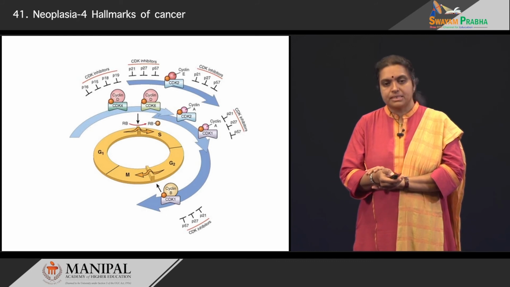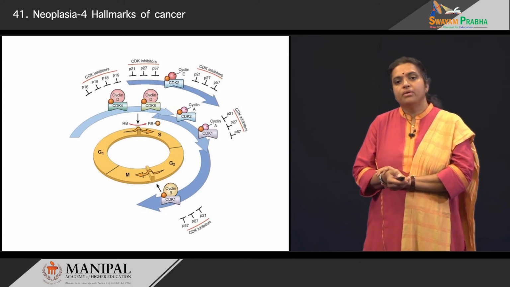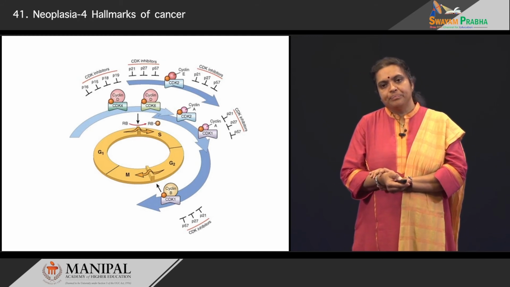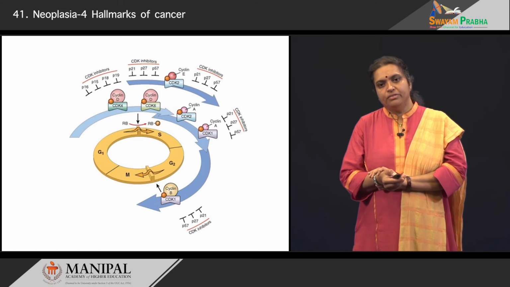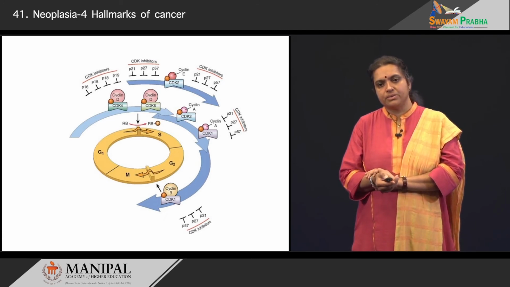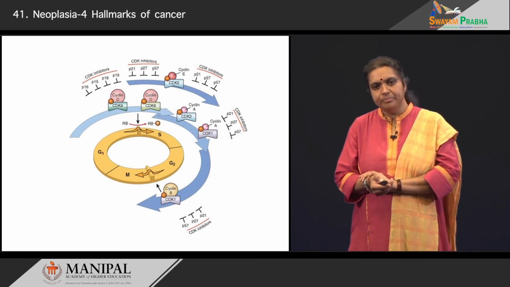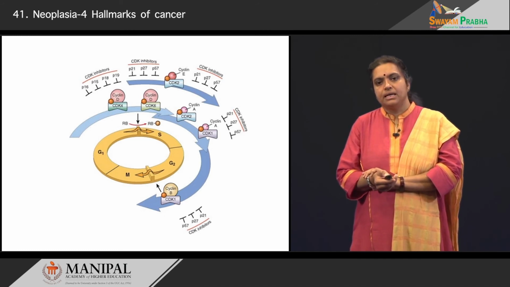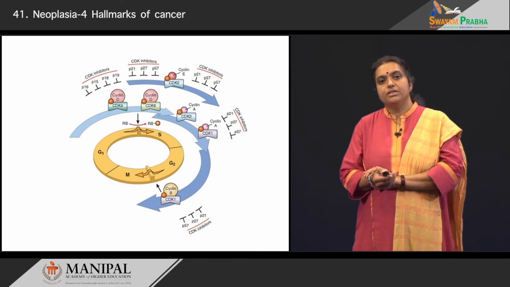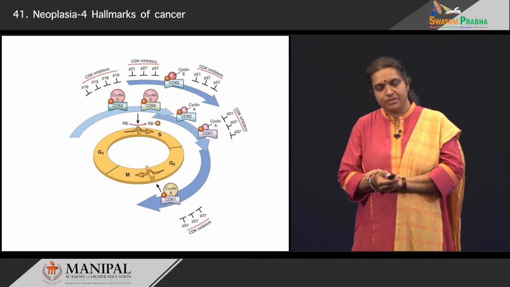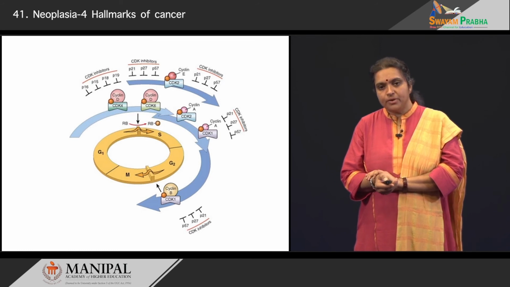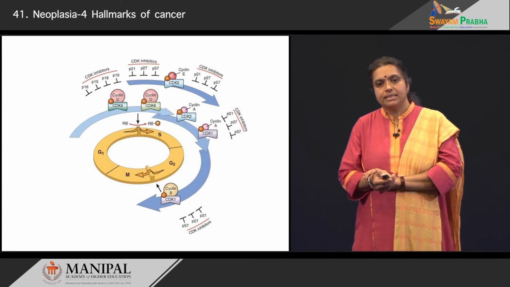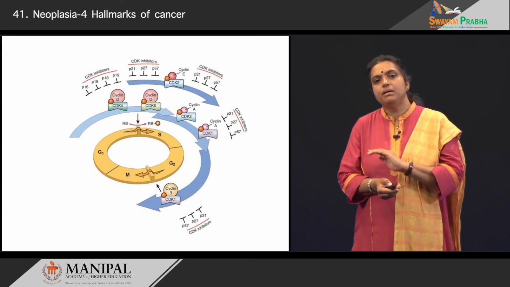Now, let me just show you this picture. For a cell to go into the cell cycle, there are a whole lot of events that take place, as you can see in this cell cycle diagram. It has to go into the synthetic phase, the S phase, and then into the G2 phase, the mitotic phase and the G1 phase. Now, there are two break points in this cell cycle. One is the G1 to S phase and the second is the G2 to M phase, where the cell pauses